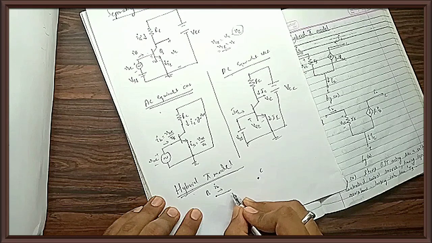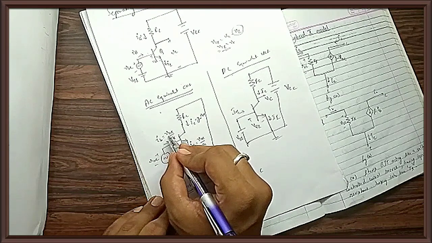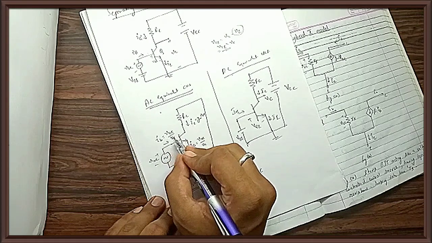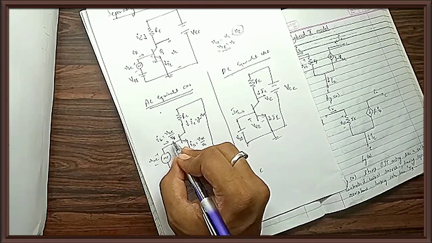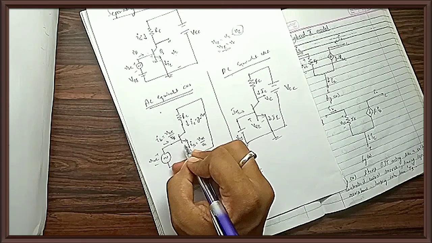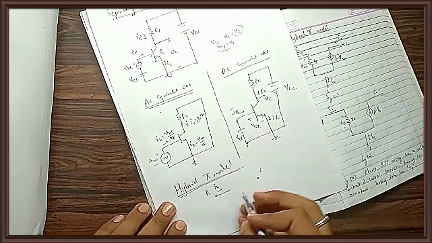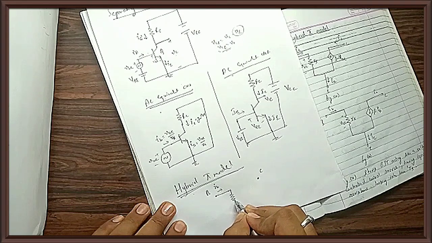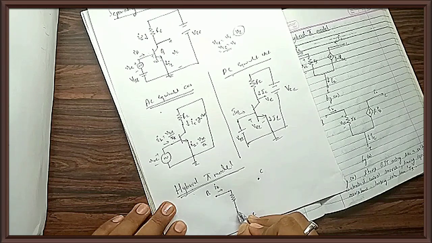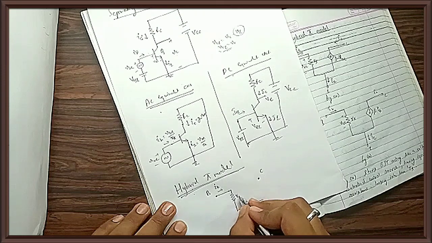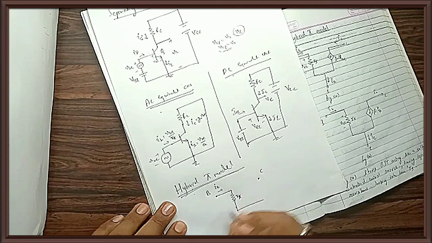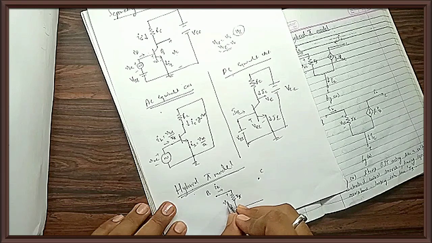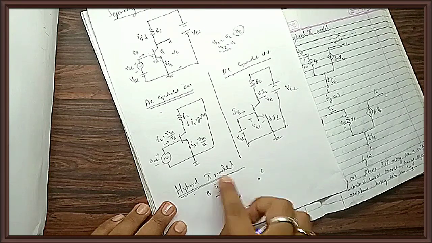IB, what will be the IB equation? IB is nothing but VB by R pi. So we can see this is the current flowing across R pi toward the input side, right? So current flowing at the input side means the input side should have one resistance component. So I am including this resistance component over here. What is the resistance here? The resistance here is R pi. What is the voltage across R pi? It is small VB. So this is my input side.